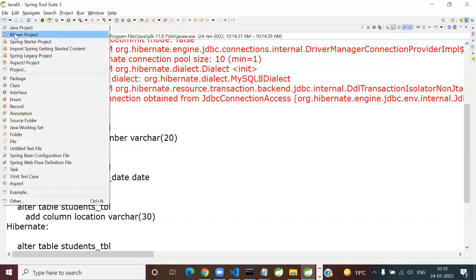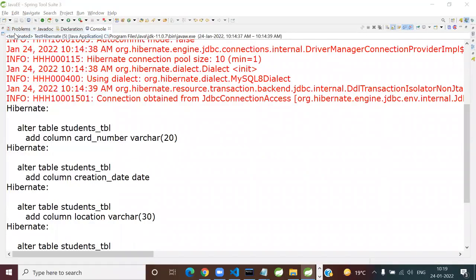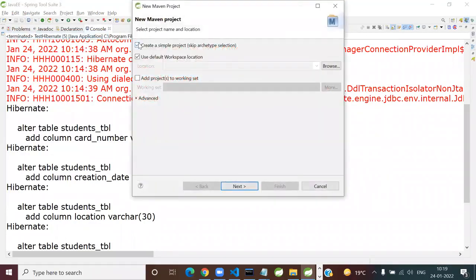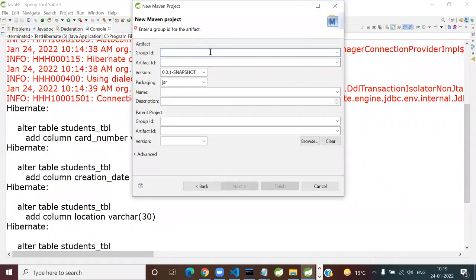Here, choose Maven project. Are we all ready? Can I continue? It's a new thing. So Maven project. Create a simple project. Skip archetype selection. Next,